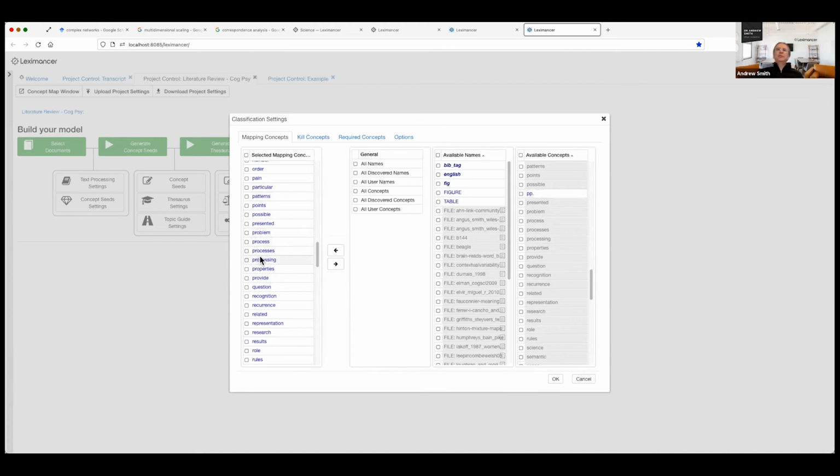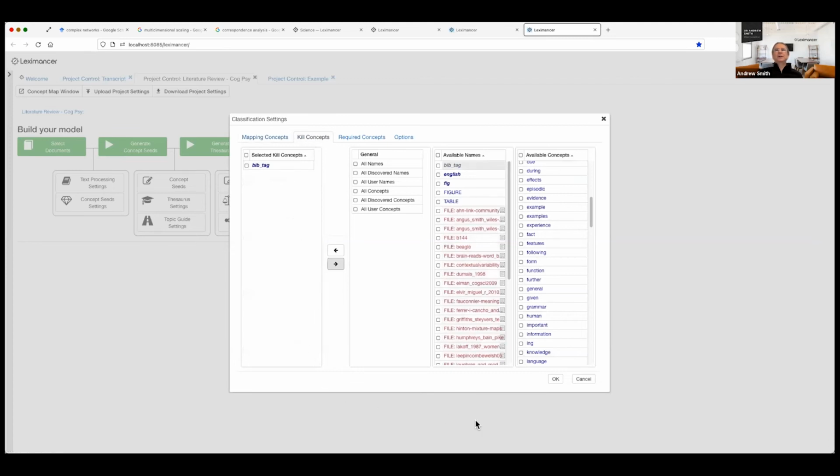But it would still contribute other things. There are other concepts in it and other concept relationships which will still appear in the model. So if I do value its contribution for anything else that it's coded with, that's when you use the mapping concepts list to take out the unwanted concept codes. If you want to suppress the whole text segment entirely, you use kill concepts.